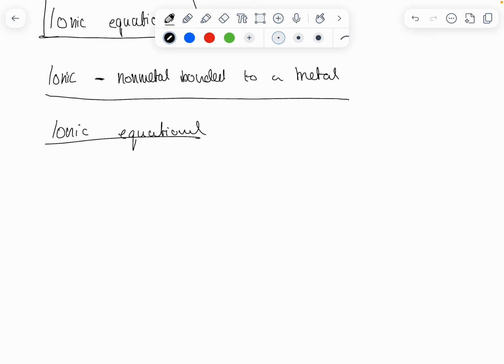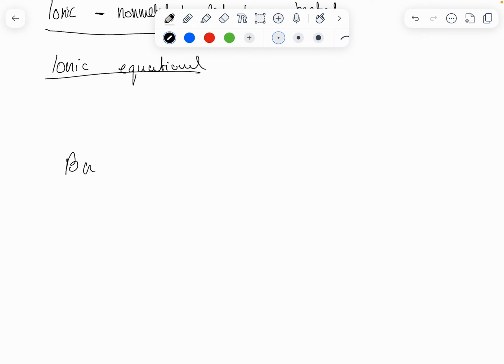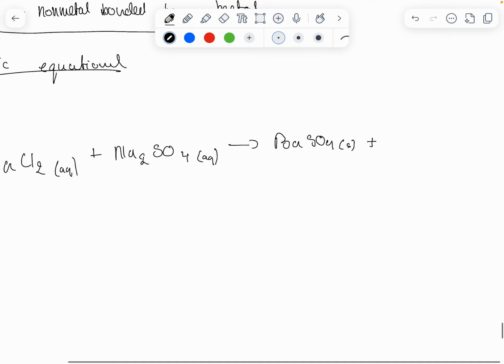One of our rules is, we'll look at it through a question, okay? BaCl2, chlorine is diatomic, aqueous, plus Na2SO4, sodium sulfate in its aqueous form, makes BaSO4 in solid form plus 2NaCl in its aqueous form. Right, so